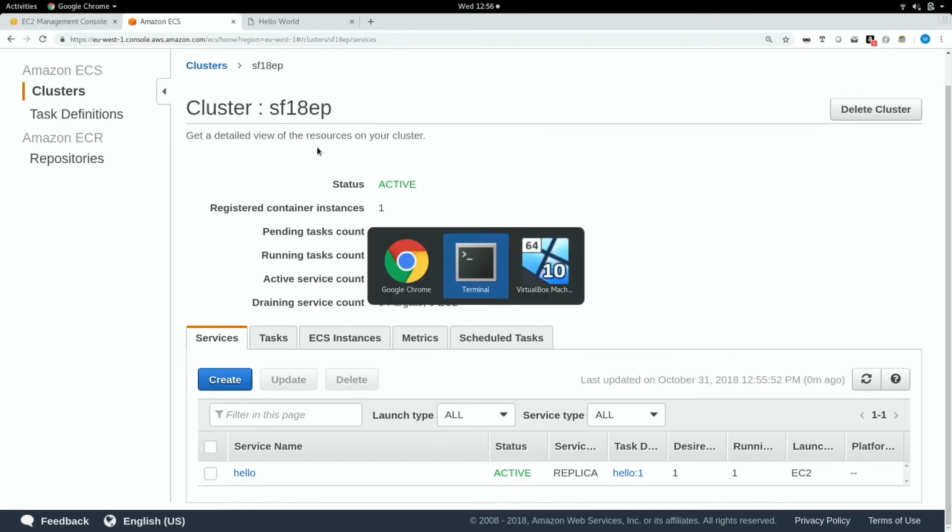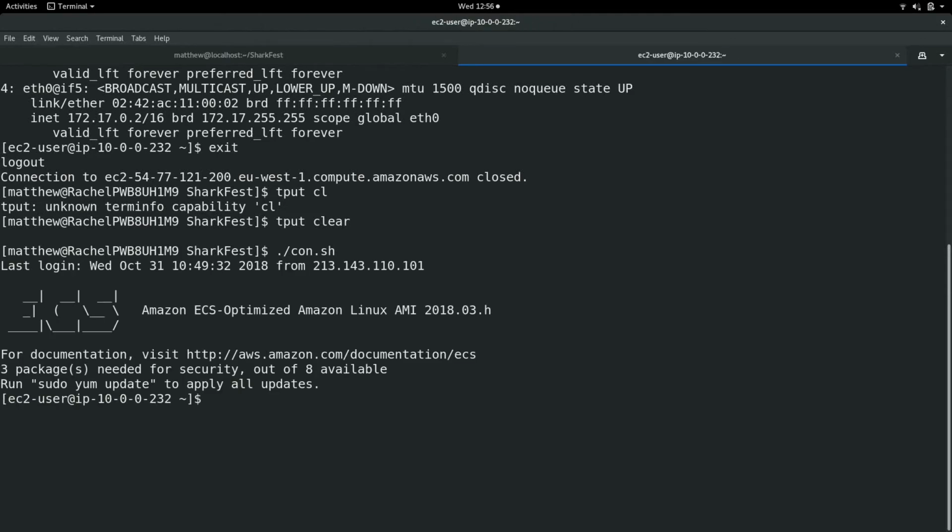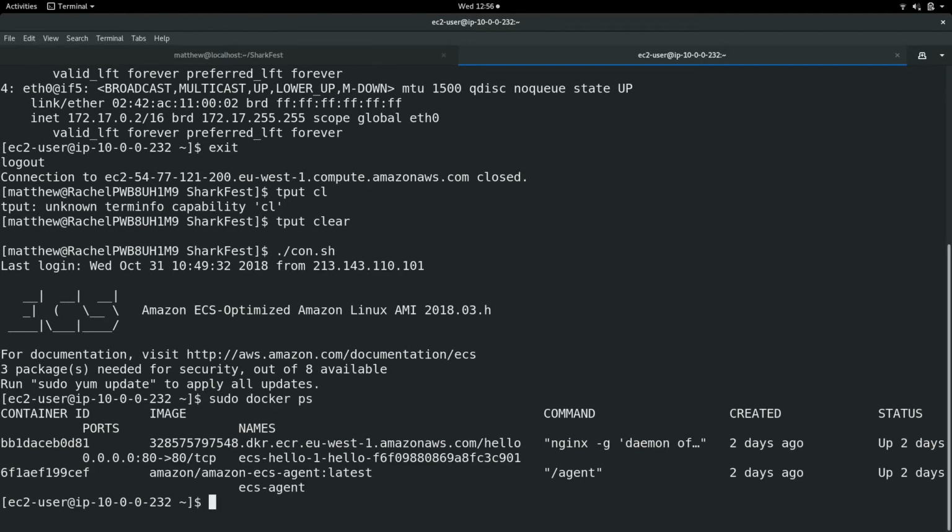So we've got our initial cluster, and if we have a quick look at how that might look on the cluster environment, I can SSH to the particular server that's running our instance, and I can see the running Docker containers. I've got 2 running Docker containers in here: the ECS agent, which is the bit managed by Amazon at the bottom, and our Hello World Nginx web server as well. Nothing clever about that.